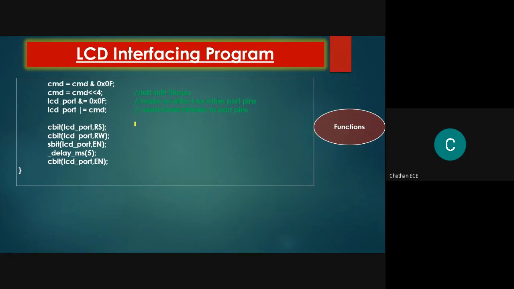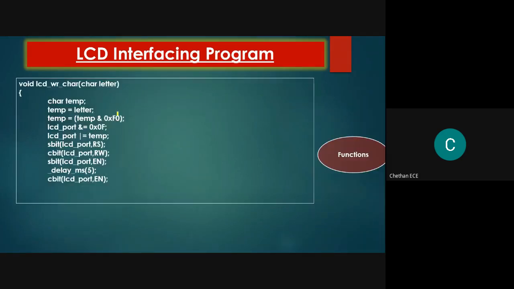Again, make RS 0, RW 0, enable 1, enable 0. Therefore, one complete process should have register select 0, RW 0, enable high to low pulse, dividing the data into upper nibble and lower nibble information. Okay, that's all about sending the command.